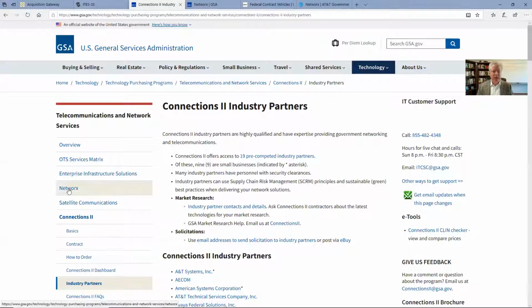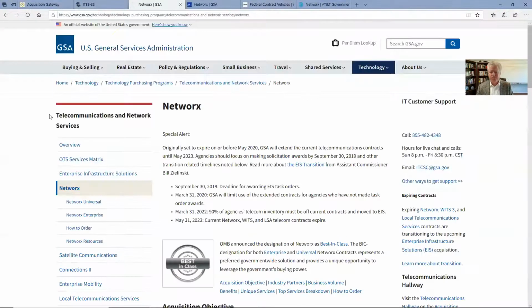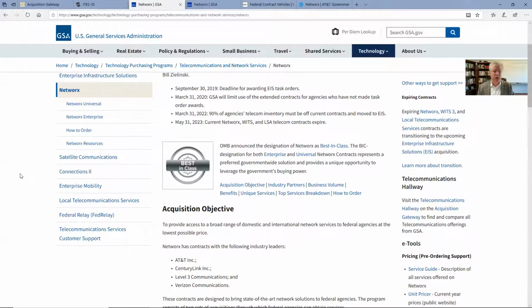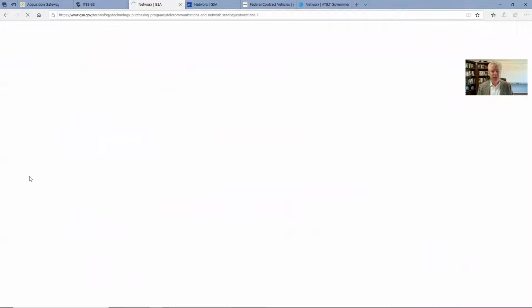So on GSA, if you clicked on networks, for example, you would see that this thing is dying, right? It's set to expire on about 2020. It talks about it can go to 2023, but the reality is right here, it's saying you should focus on making awards by the end of 2019, FY 2019. So what they're saying is for special reasons, they're letting it slide, but basically it's dead. So when you look at network solutions, or you're looking at any of these contract vehicles out there, this one would have been a great one for the last 10 years. It's been the main telecom contract vehicle,